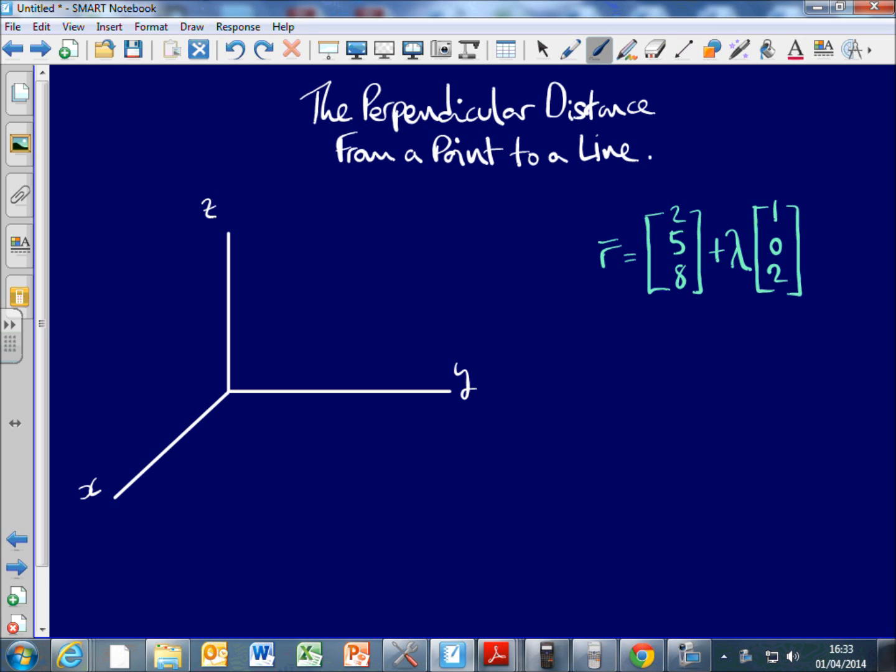Okay, so I'm going to try and just draw that line. So the first vector, remember, the (2, 5, 8), is just going to get me onto the line. It's the position that gets me onto the line. So I'm going to go 2 in the x direction, and then I'm going to go 5 in the y direction. So that's sort of 1, 2, 3, 4,